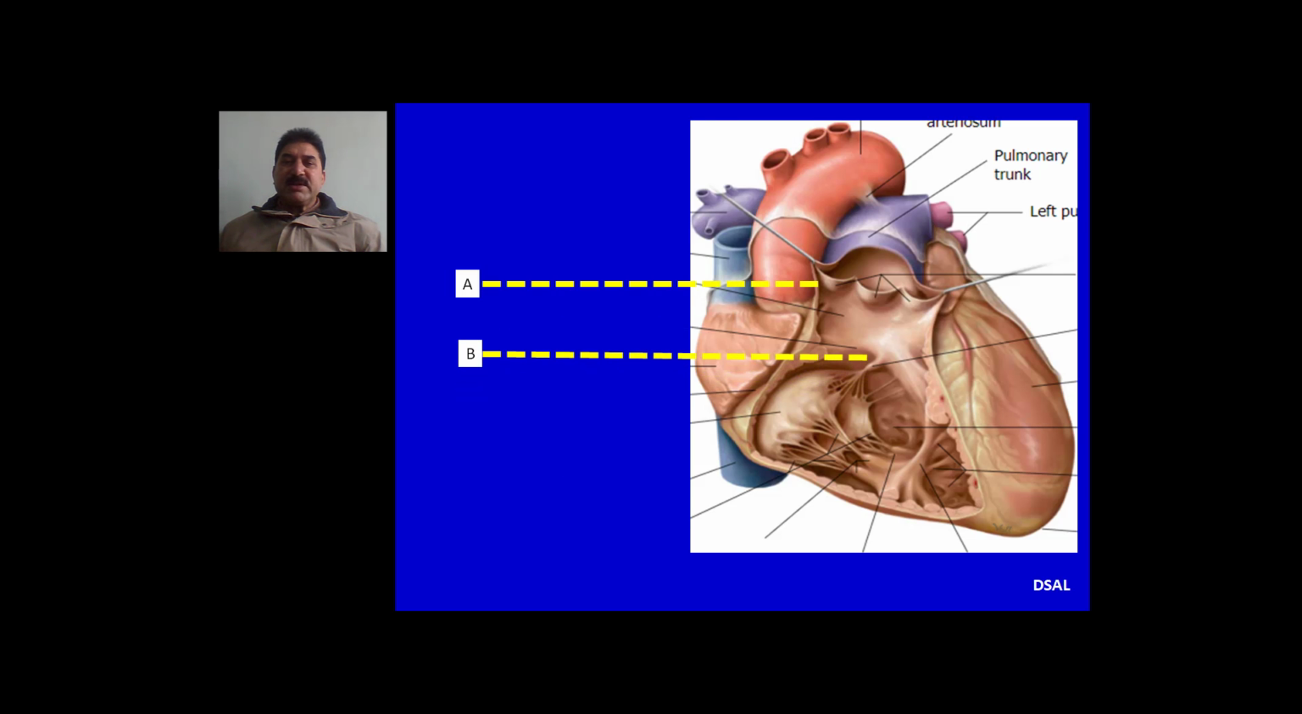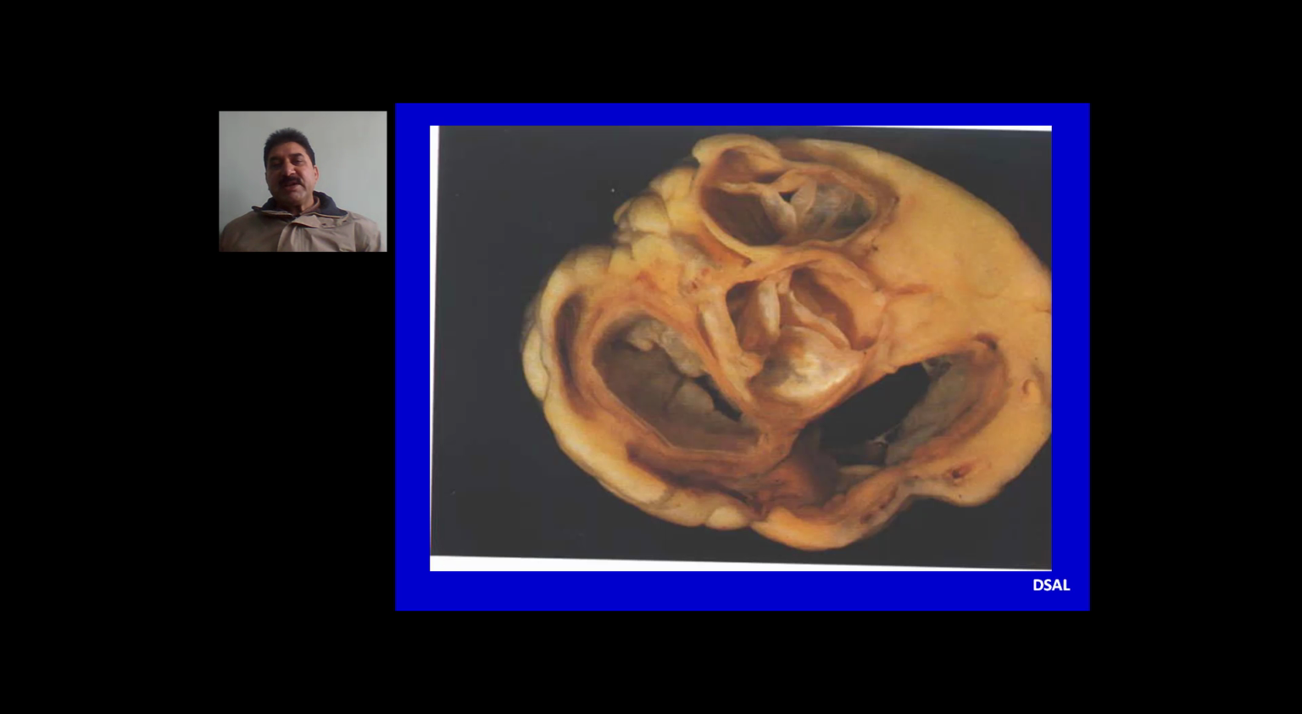ventricle. In this specimen, A represents the pulmonic valve, B represents the septal papillary muscle of the tricuspid valve, C represents the anterior papillary muscle, and D represents the posterior papillary muscle. E represents the moderator band. This is a wet specimen where the atria have been removed and we can see the four